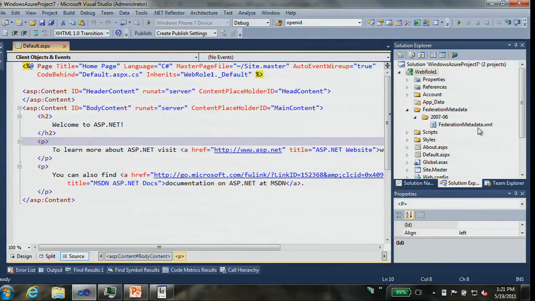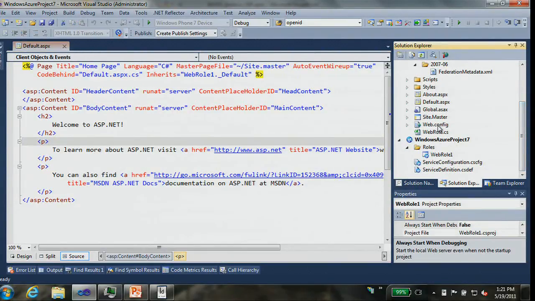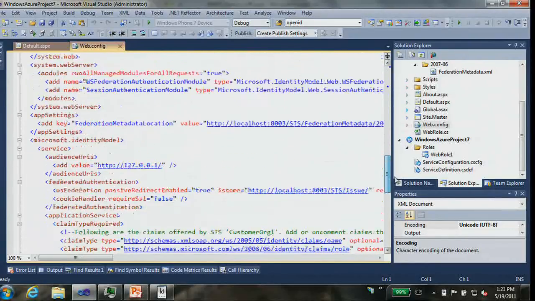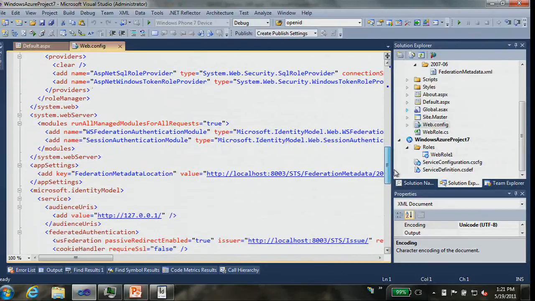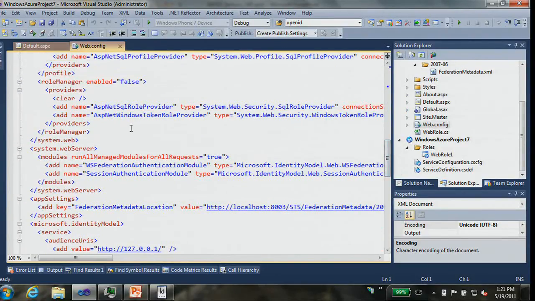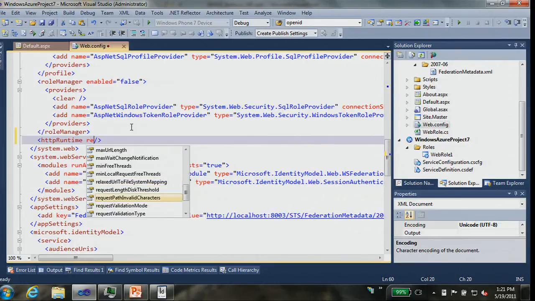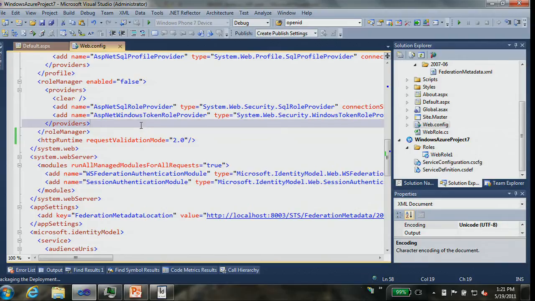And then, for now, we have a little bug in the tooling, which forgets to add a validator in your web.config. In 4.0, you need a validator. So I need to tell it to use the old style, otherwise it will crash. But we have an update to the tooling coming very soon, so you should not be forced to do this anymore. So httpRuntime, requestValidationMode 2.0. OK. If now I hit F5,